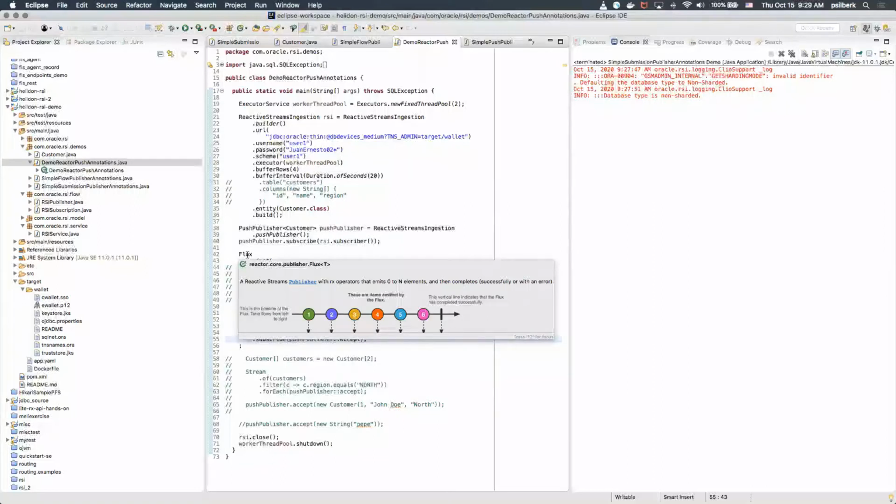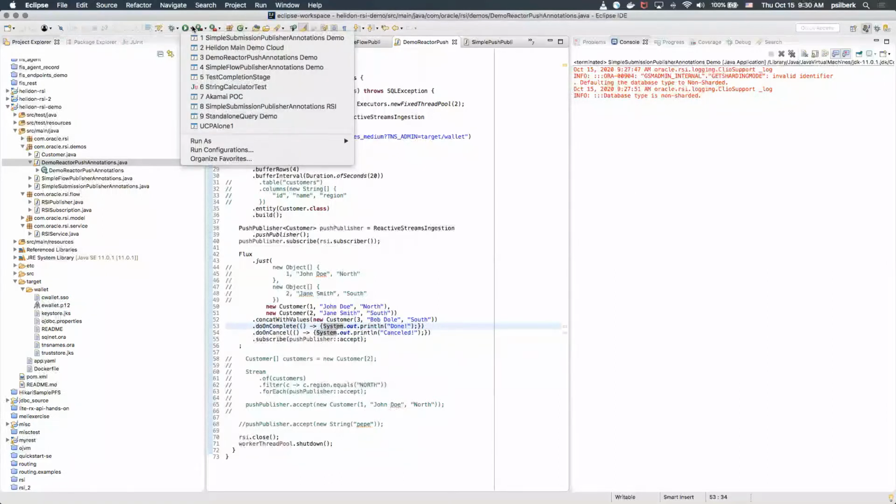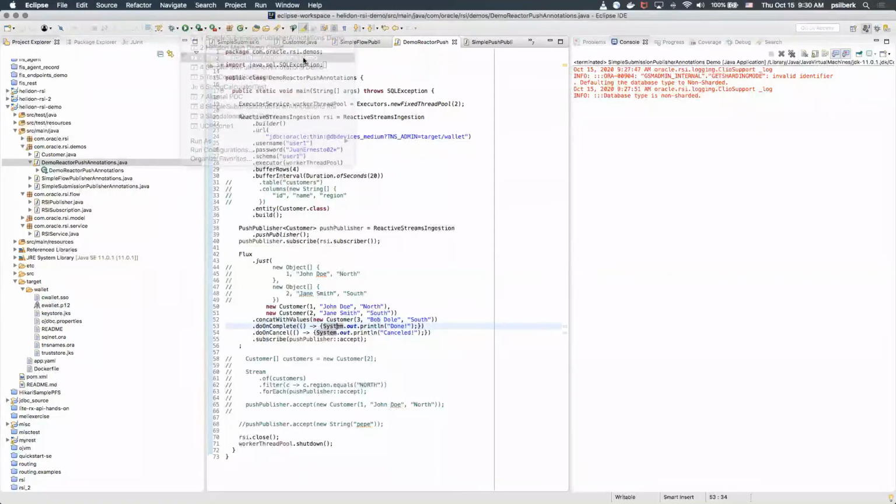Flux is a reactor, a Spring library that allows you to work with reactive streams. So what you say is, okay, just these records, then concat, add more records, and then do something when it's finished, do something if it's canceled, and then at the end subscribe with a consumer, which in our case is the push publisher, right? So running this, reactor push annotation.